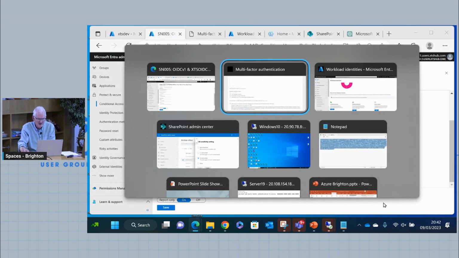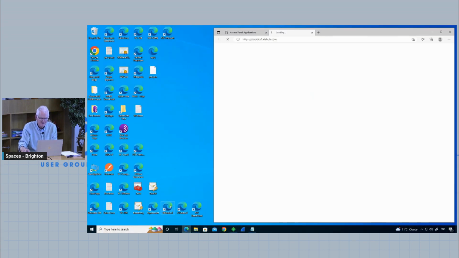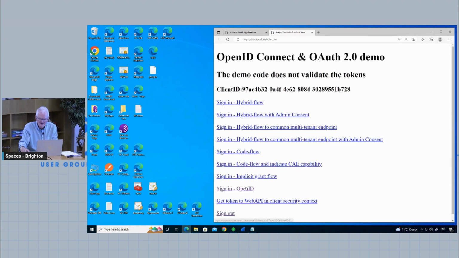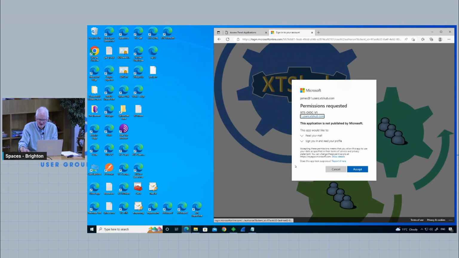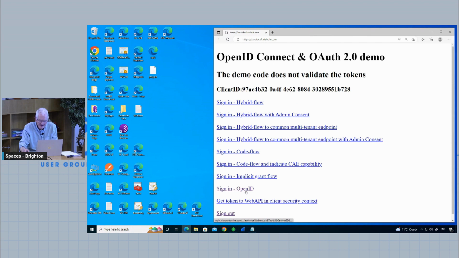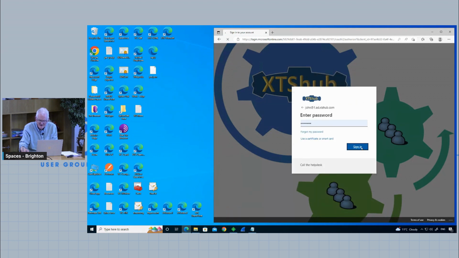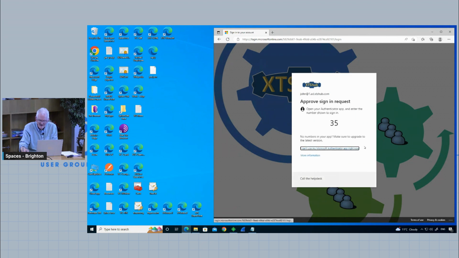So I'm going to go back to my client and I'm going to go to OIDC v1 and I'm going to sign in with OpenID and I've just gone in as James. Why? Because I've got my browser open. Remember I went to SharePoint as James, so cancel that and let's go into OIDC v1 again and OpenID. And I'm going to go in as my user, John, enter the password, and